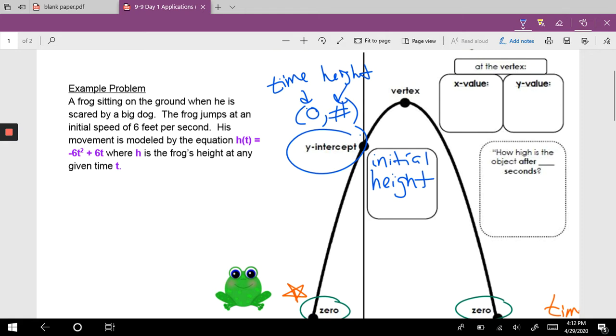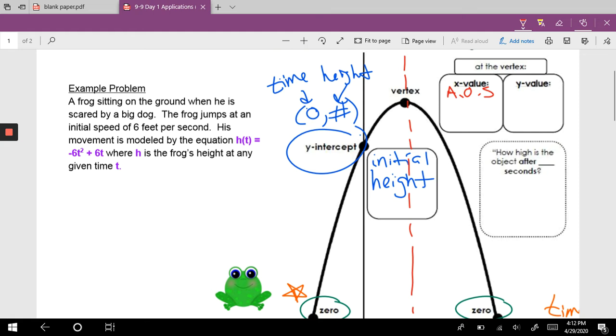So at the beginning of the launch, how high was it? Okay, so then we have the vertex, and the vertex is really kind of tricky because you've got two parts to it. You have the X value and you have the Y value. And you've got to remember that this X value is your axis of symmetry, right? So that is, if I were to draw a line down the middle of this,